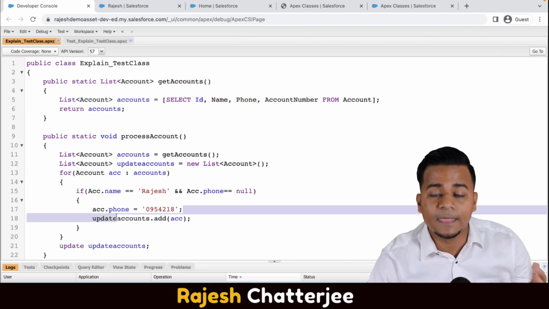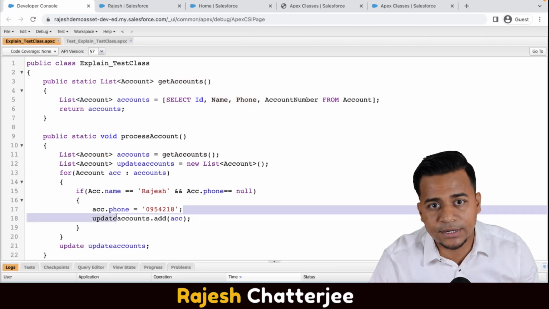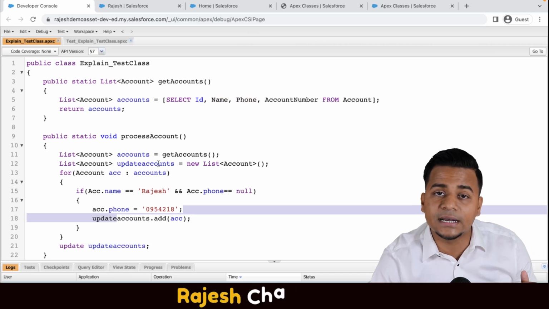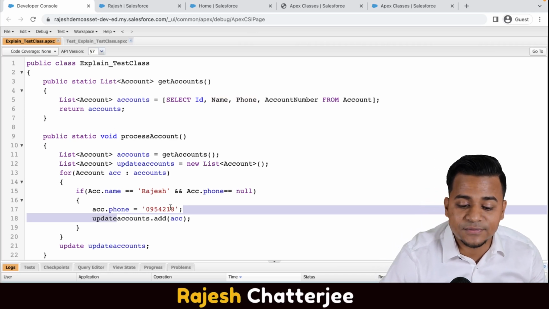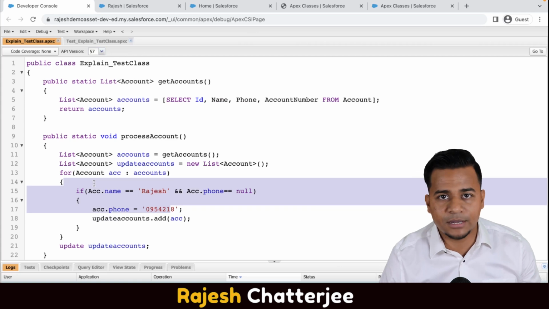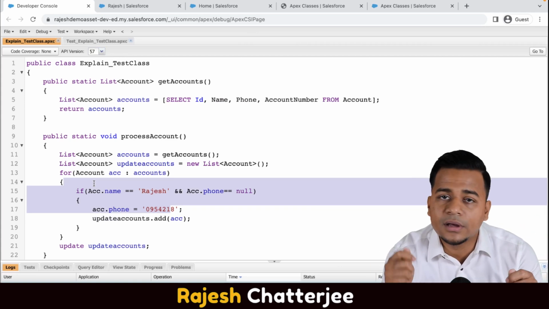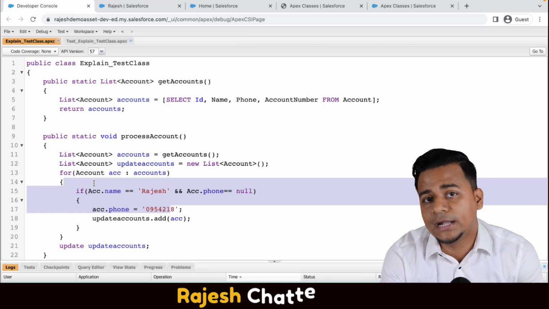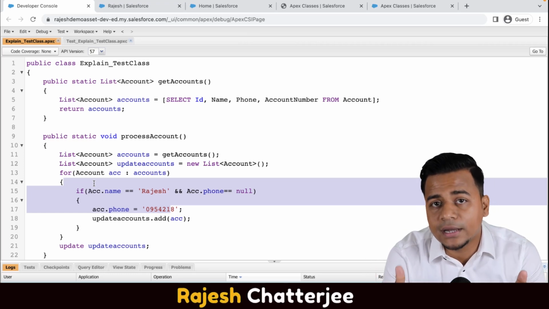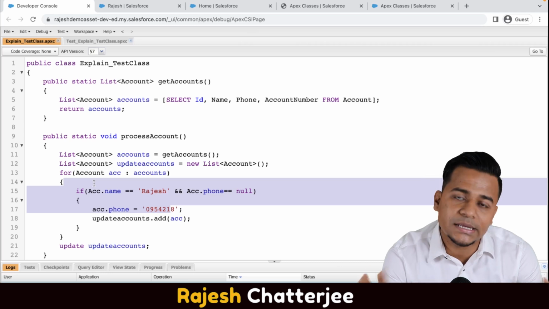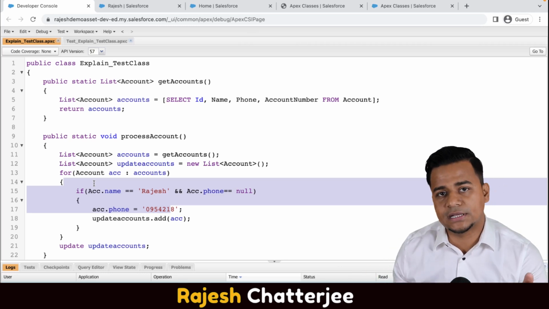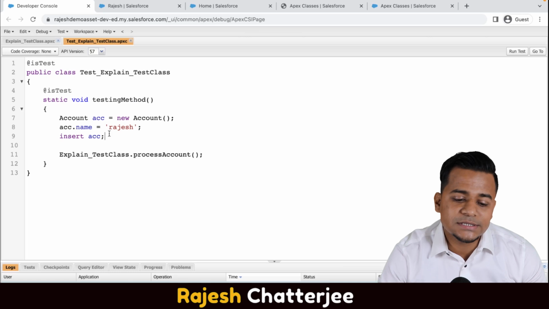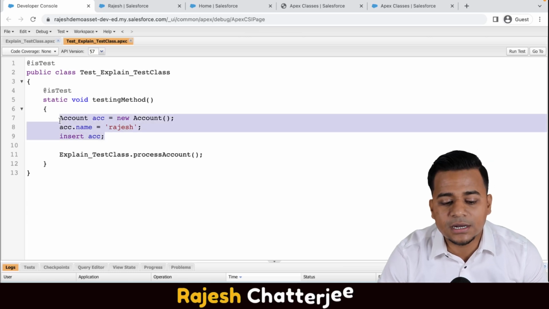Which I'm doing here. Test class do not have access to the database. So you first have to create the dummy data, which will satisfy this if clause and everything. Are you getting me? Test class cannot read your database, right? Neither can it do some operation in your database. So you first have to create some dummy fake data in your test class, and then you have to run the test class. So if you see here, line number 7, 8, 9, what I'm doing,